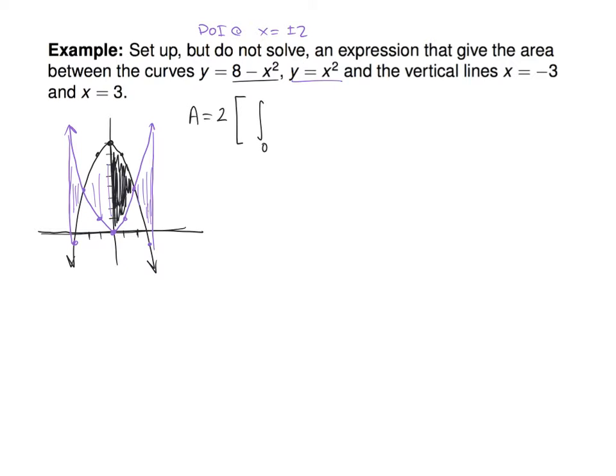Obviously begin at 0. Where would that integral end? 2. Because there's that intersection point at 2. Which curve is the upper curve? Which curve is the lower curve? X squared